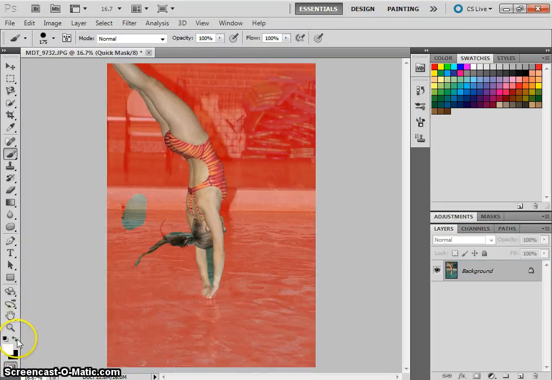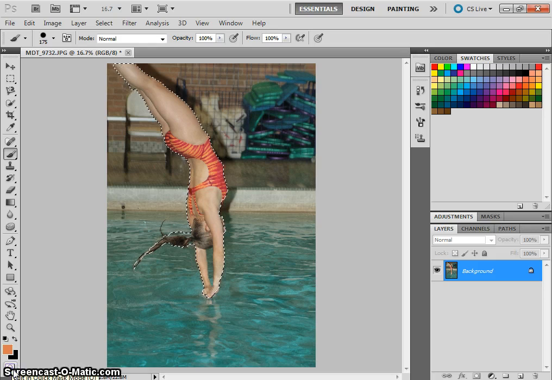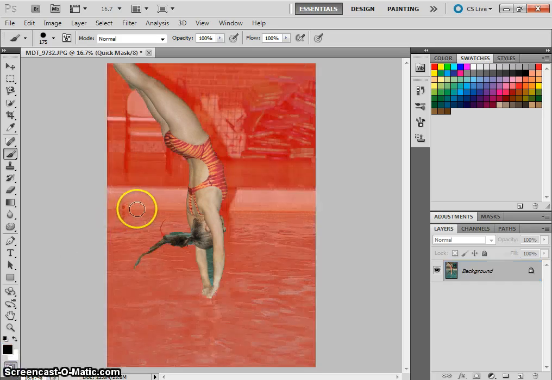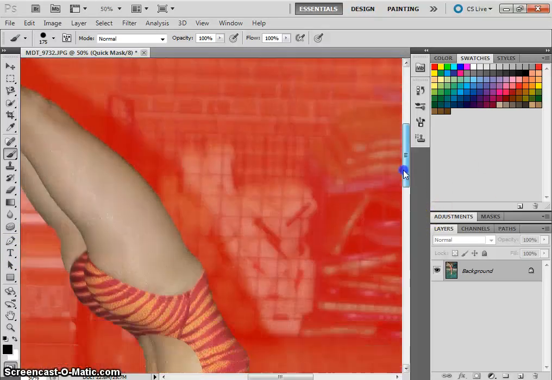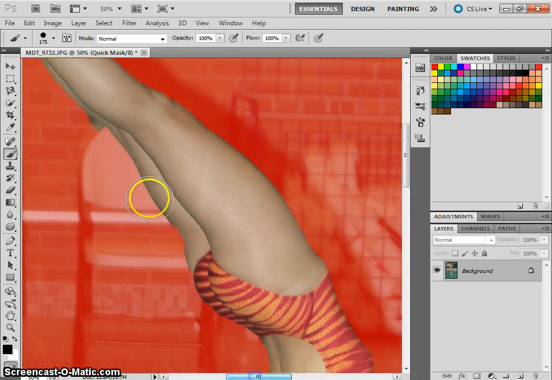So I can switch these colors by pressing this arrow or the X key on my keyboard. And I can paint that back in red so that when I turn this off, it no longer is part of my selection. Don't forget little tiny points. So in this case, I am going to Control plus in. I'm going to move this up and get this leg